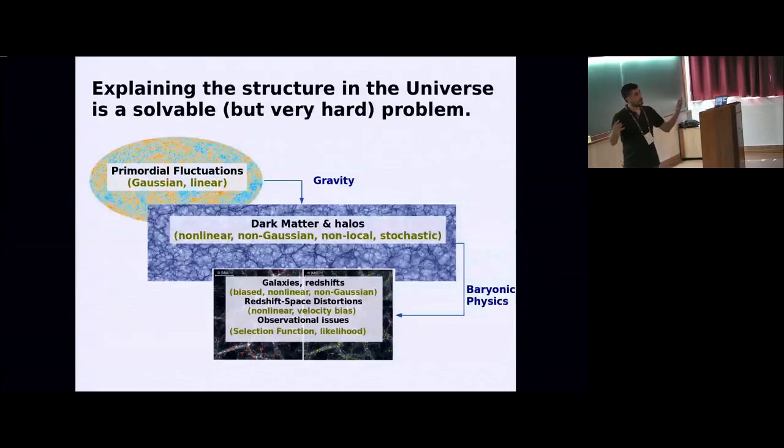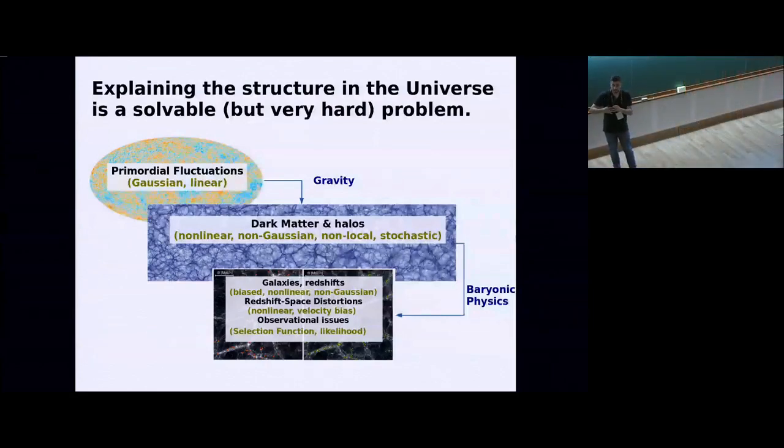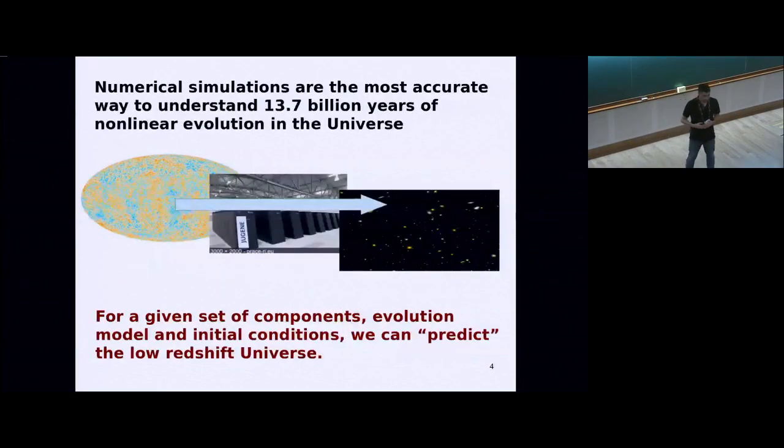They trace the underlying velocity field also in a non-trivial manner. And of course, when we observe the universe, there are also observational effects, right? We select certain types of galaxies, there are completeness issues, and so on. So in principle, this is a problem that